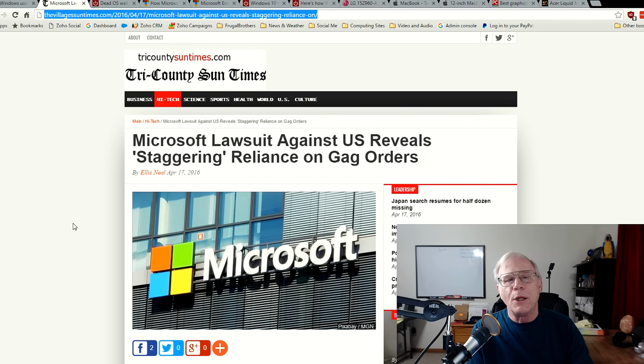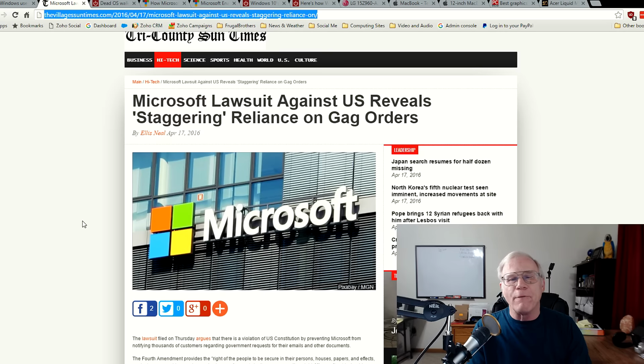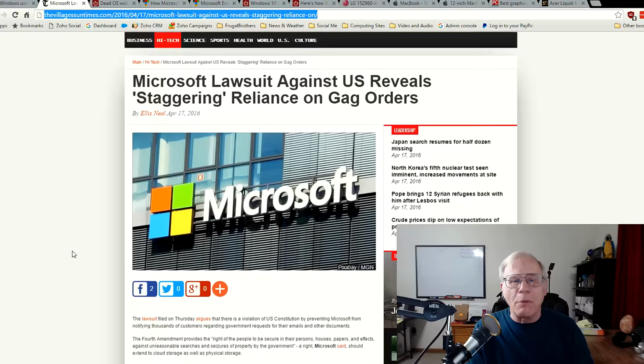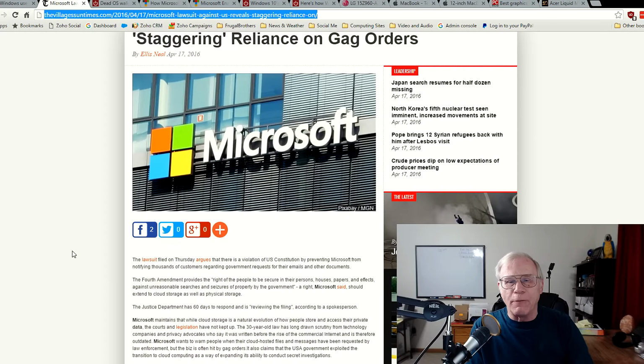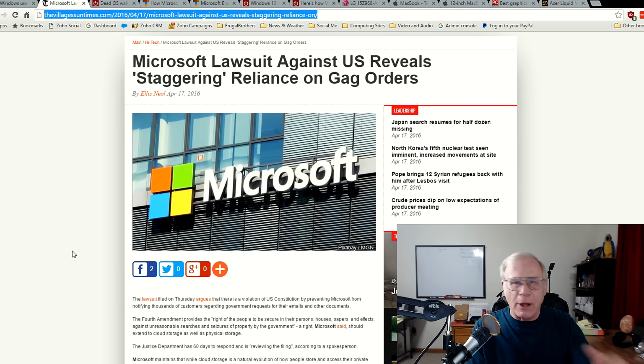Now, this story is, I think, very, very interesting because this follows up on what's going on with Apple and the federal government and now Microsoft. Here's the thing. Microsoft wants to notify you when the government asks to access your email or any documents stored in the cloud. And they're basically using some very arcane rules to issue a gag order to Microsoft, telling them that they can't notify you of that. And that's based on a 30-year-old law that has not kept up with the times.